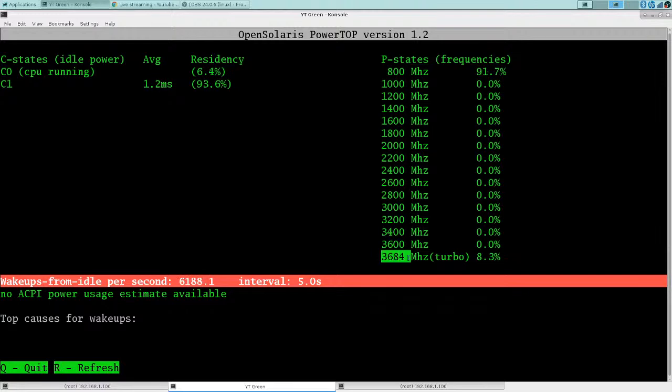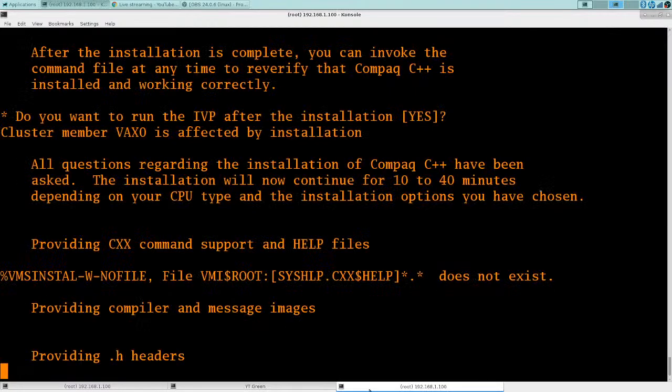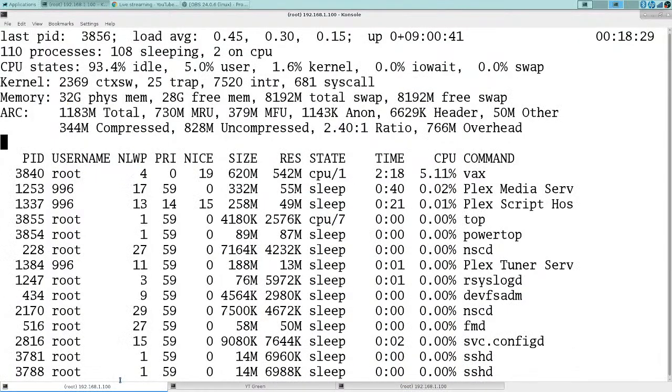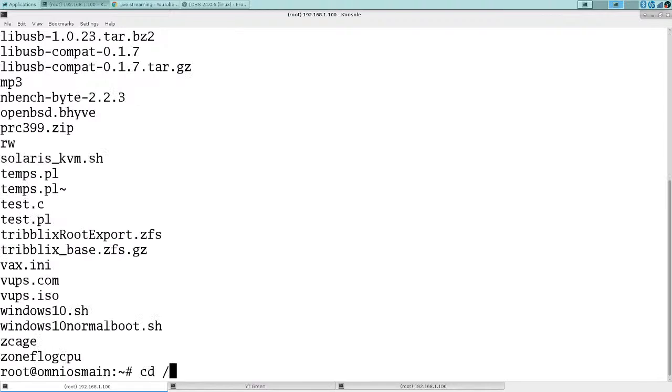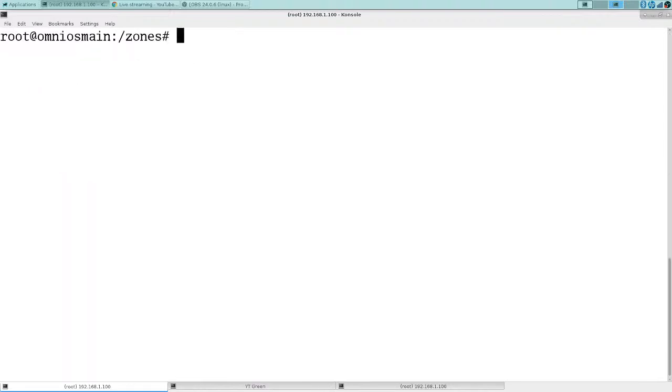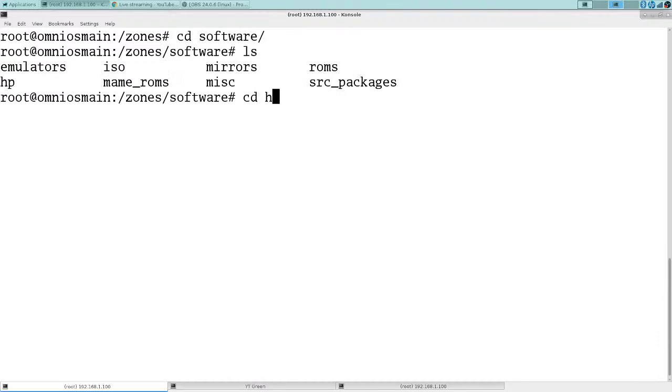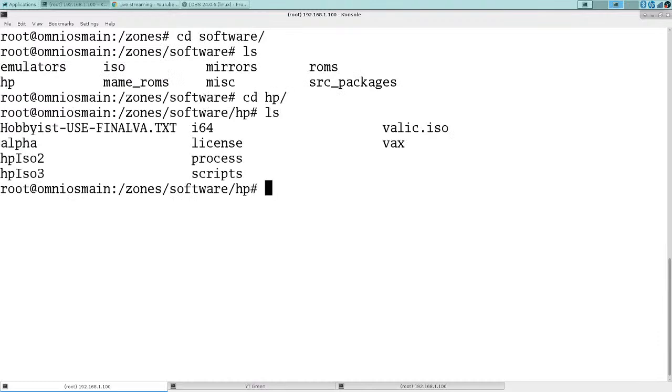And switch back over, so a slight turbo. So on to over here. While that's doing its thing, we'll take a look at the